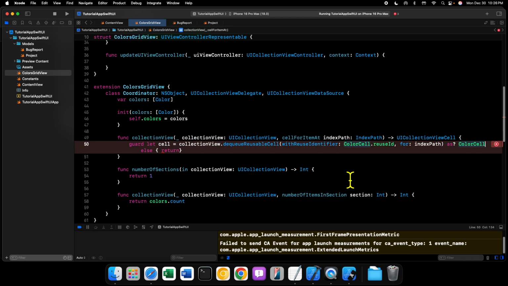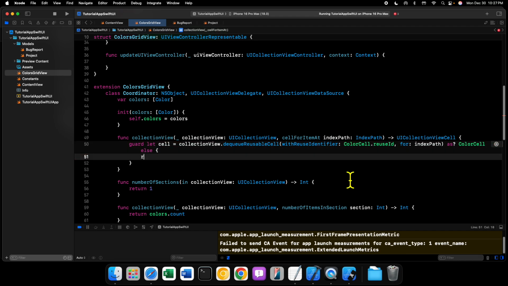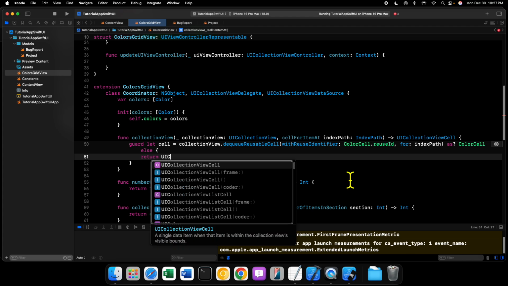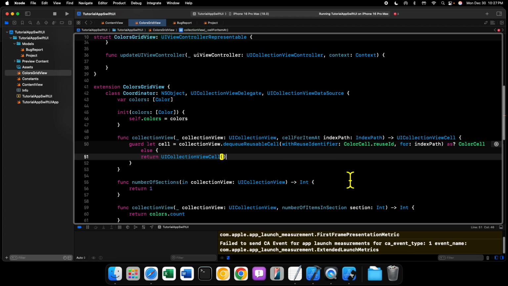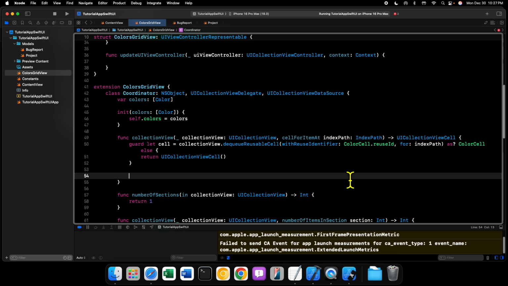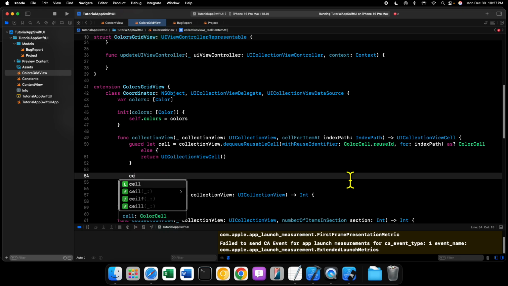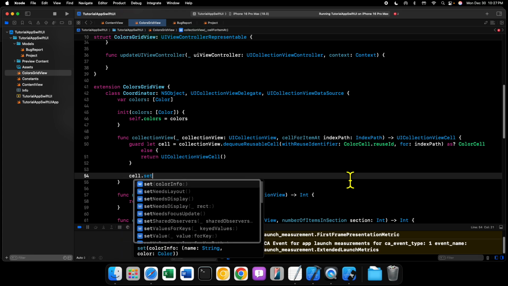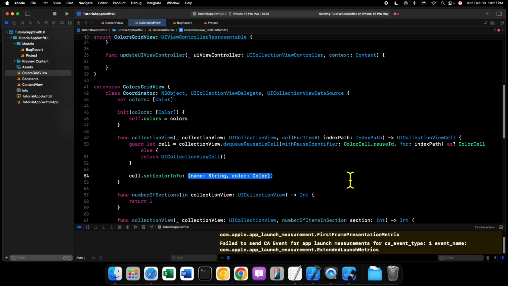So instead of simply returning, we will return a blank UICollectionViewCell like that. Then we need to do cell.set color info, and that'll be